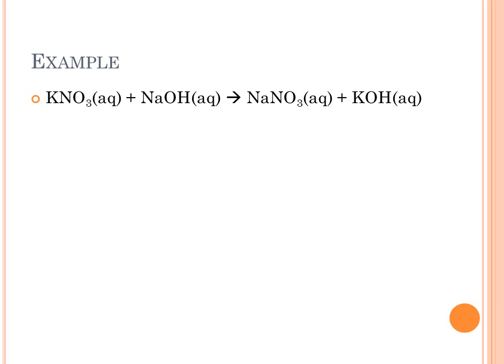Now, here is a good example of you can write this, but it's not really going to happen. If we got potassium nitrate plus sodium hydroxide, if I swap the ions in a standard double replacement way, I'd get sodium nitrate and potassium hydroxide. But everything there is a strong electrolyte, which is a good indication that you're not going to get this type of reaction. There's really nothing going on. I've just really got a mixture of these two solutions. So you can write this reaction, but really I've just got a mixture of these two solutions. If we work through the ionic and net ionic, you can prove that to yourself,